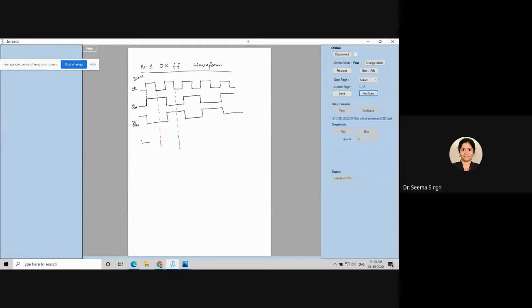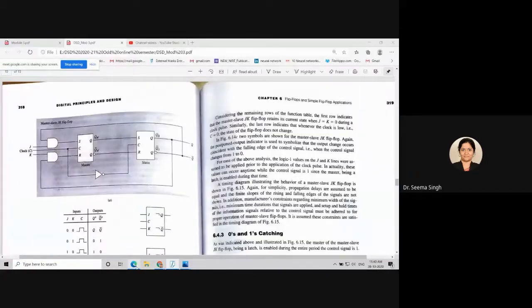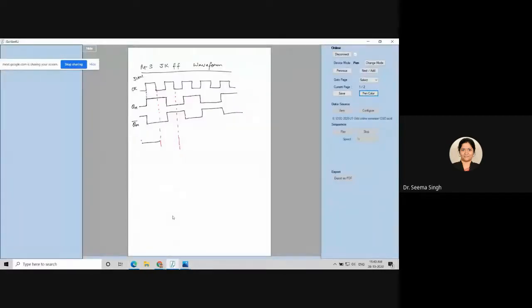So the slave will come and change its state based upon the input of QM. So when QM is high, and your other input, you can check back the circuit again. See here, when QM is high, what will happen? It will set this flip flop. This is an SR flip flop only. When QM is high, it will set. Set means QS will become high. So now this is my QS, and setting will happen here, and there will be no change because it is not having any type of feedback.